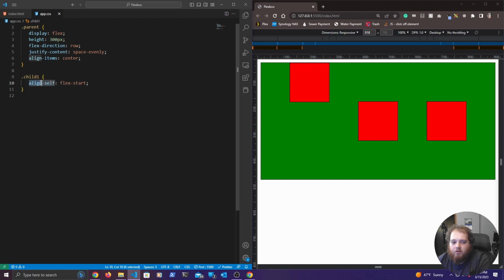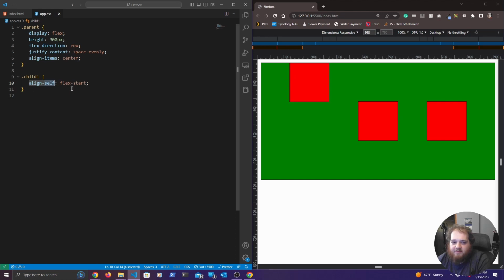So we're using the align, so it's going to be based off of the vertical axis, and we're just saying instead of items within the parent element, we're just saying self. So you yourself, you only, are going to align to the top here,